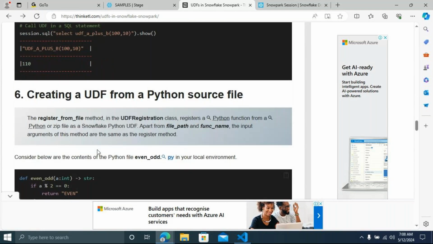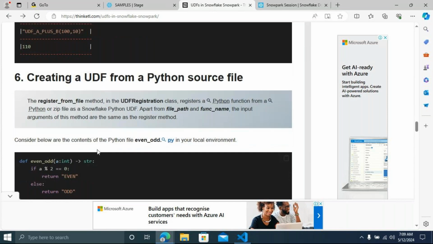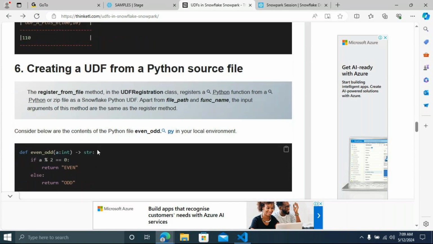Now we're going to create a UDF from a Python source file. What you have to do is create one Python file. In that Python file you have to write all your functions. You can write not only a single function, you can write multiple functions. From that Python file you can create a UDF. We have seen so many things about how to register the UDF, but here there is a method